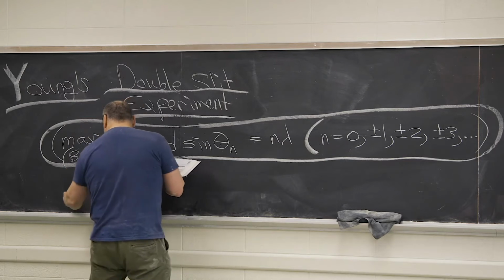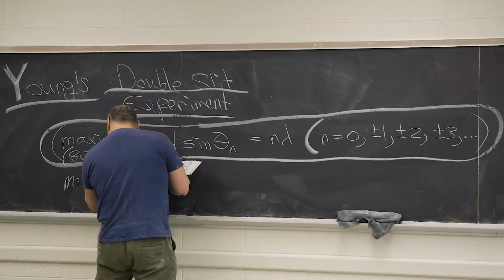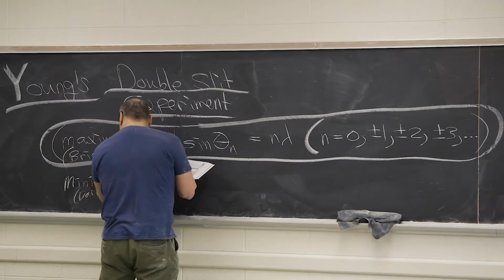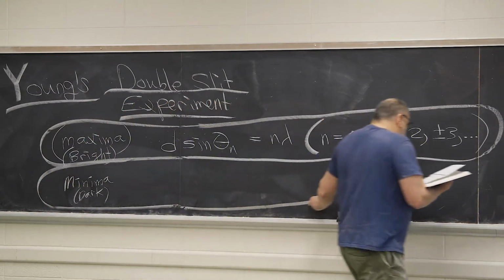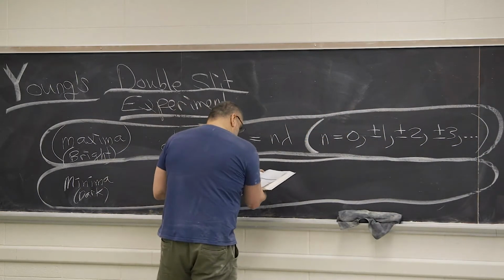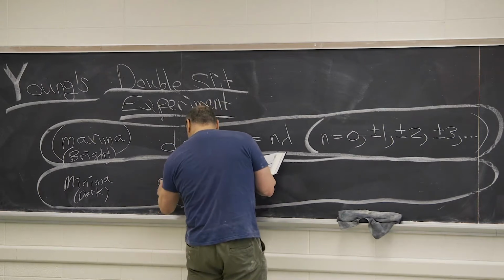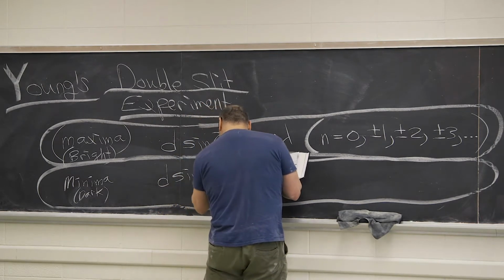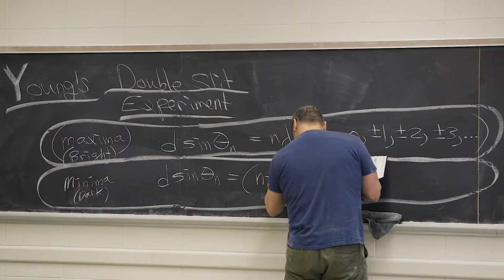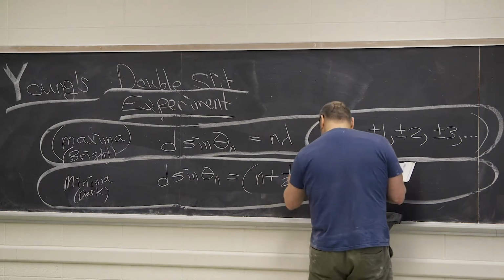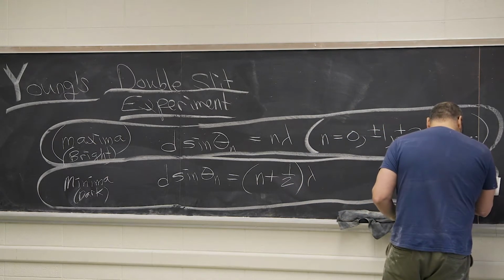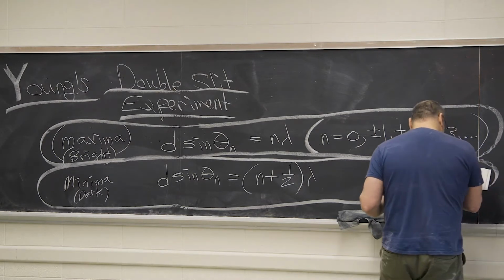And then for the minima, the dark spots, dark places, d sine theta equals the quantity n plus a half times lambda, where n is